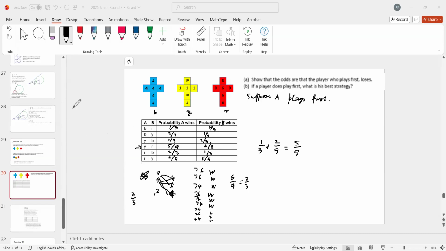Right. Now, so we know the probability for each case. If A picks blue, or yellow, or red, then you know exactly what the chances are that he is going to win or lose. If the probability is less than half, the chances are he's going to lose. But if it's more than half, then he's got a better chance of winning. All right. So bearing all that in mind,